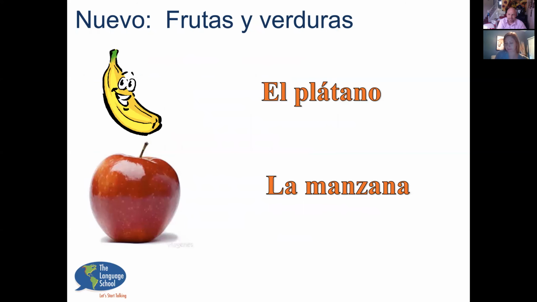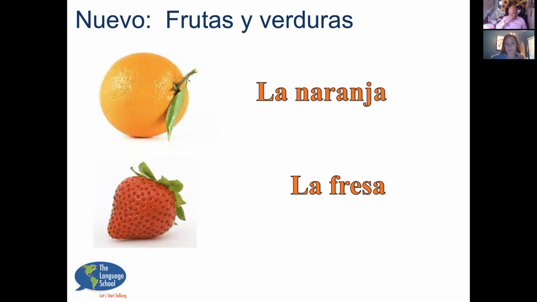Bien, vamos a cambiar de tema un poco y hablar de las frutas y las verduras. So tell me what you see here. Banana, el plátano. Yeah, just say it in Spanish. El plátano. Y? La manzana. Yeah, good. Plátano, by the way, can kind of change from one country to another. Okay. Keep going. La naranja, la fresa,